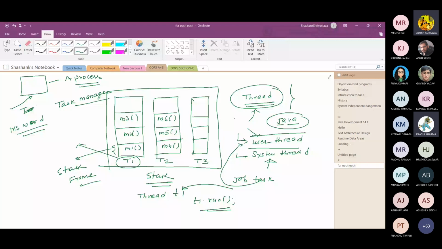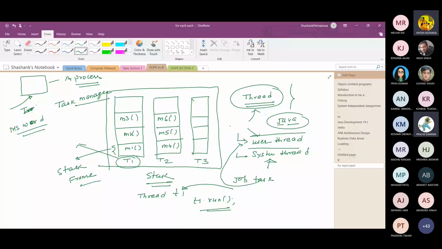Okay, now when we will discuss the thread, so we will discuss that thing in detail. 1 or 2 lecture is devoted for multi-threading. So in that particular lecture we will discuss that thing in detail. तो अभी शुरुआत में इतना भी जान लो बहुत है, अभी उसके आगे देखा जाएगा.